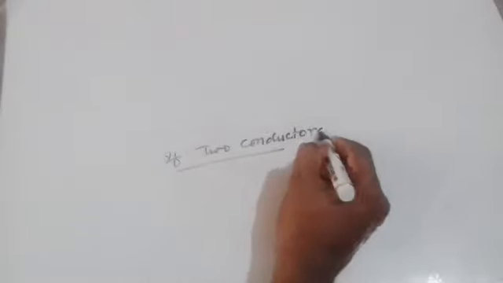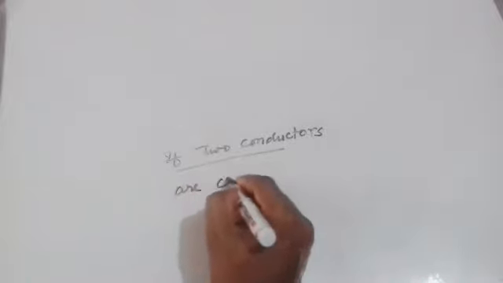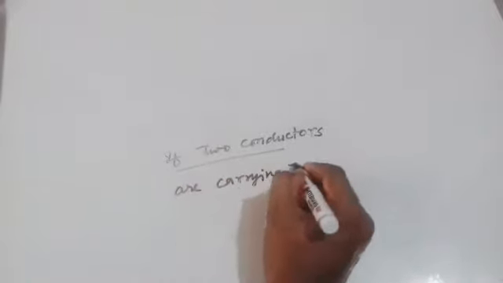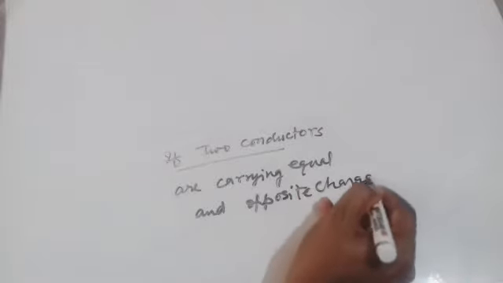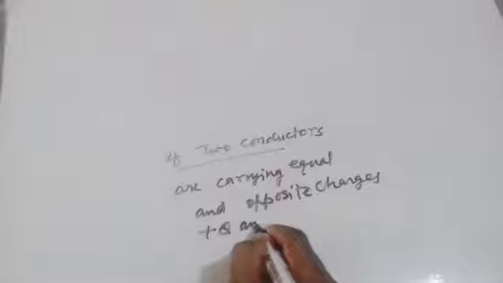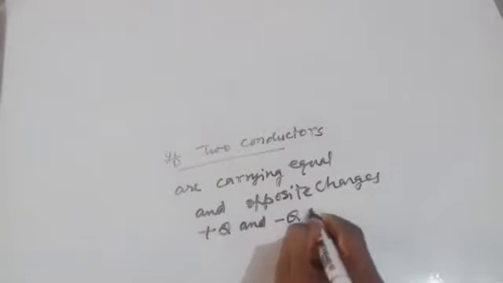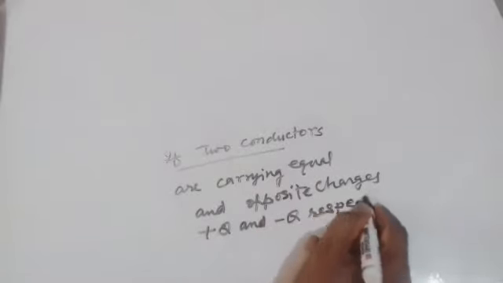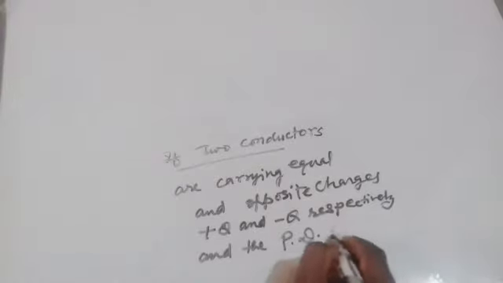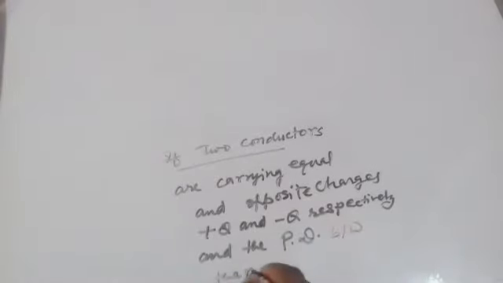So if two conductors are carrying equal and opposite charges, plus q and minus q respectively, and the potential difference between them is V, then